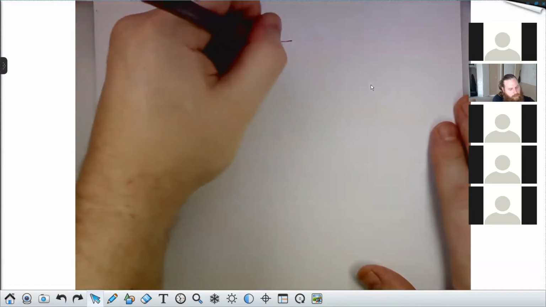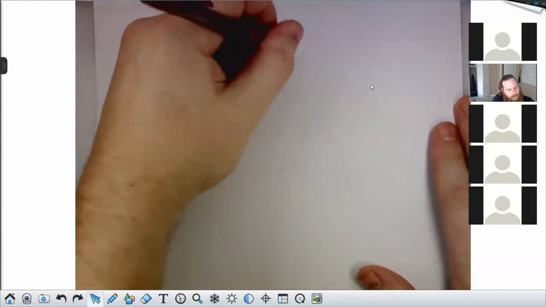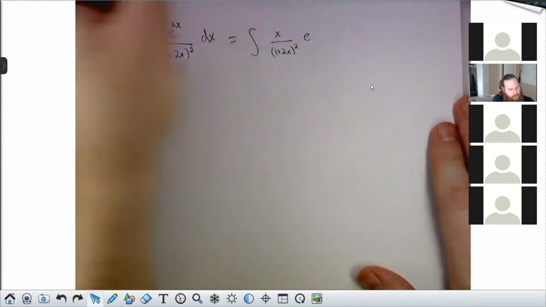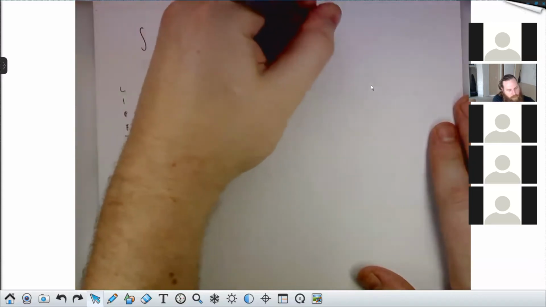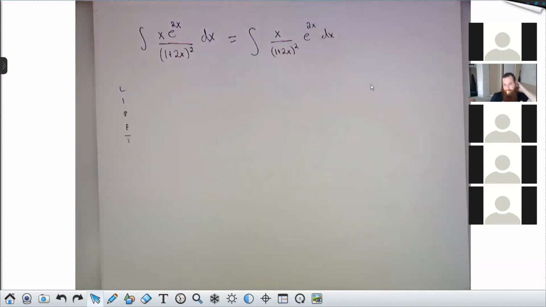So I can write it like this. And I'm thinking maybe I pick this for dv, and maybe I pick this for u, or maybe I pick this for u and pick this for dv. I'm trying to see if there's any